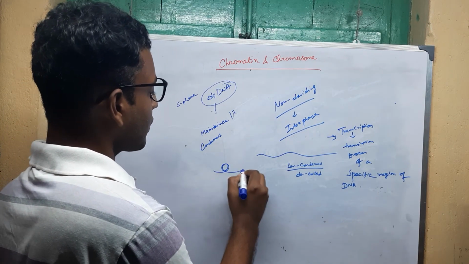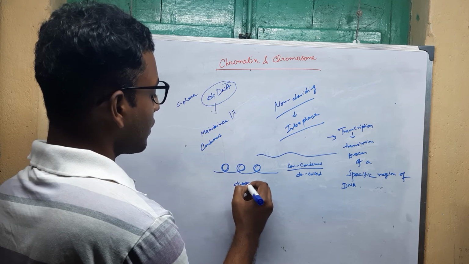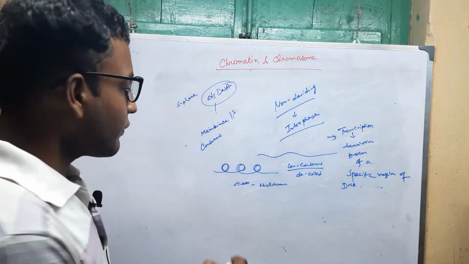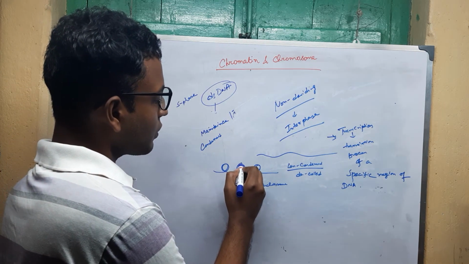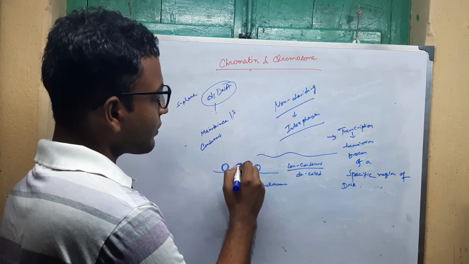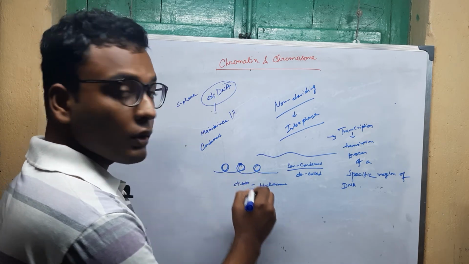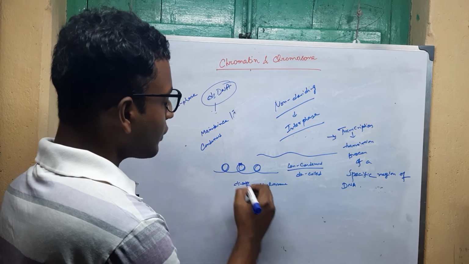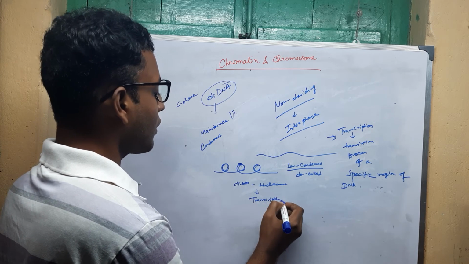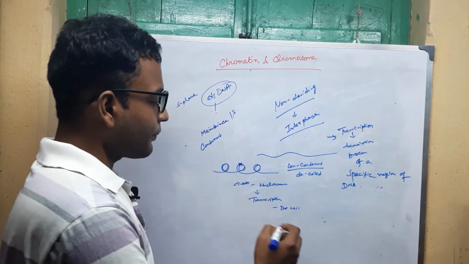Now if this is a double stranded DNA coiled around nucleosome, if someone wants to transcribe or translate, so let's consider the transcription process, someone wants to transcribe this region that is surrounded by a nucleosome. Now in order to perform the transcription process, you have to decoil this certain portion.